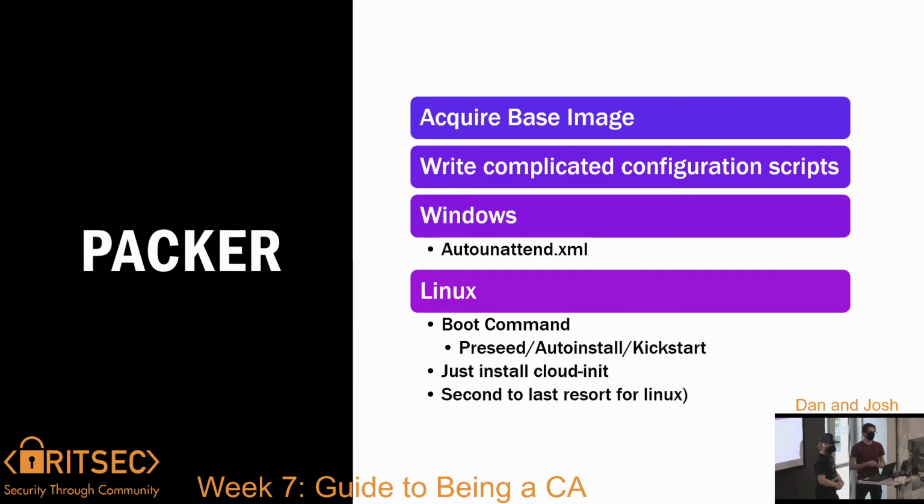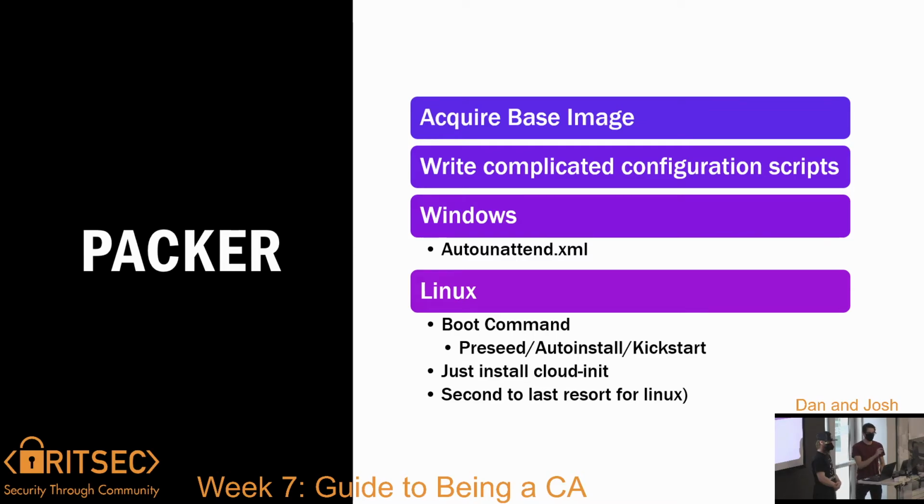So what's going on behind the scenes is, when you run Packer build, Packer is going to look at your configuration and pull down the base image, so that's going to be the ISO file you're installing from. You can pull down an Ubuntu ISO, for example, or a Windows ISO. Then it's going to attach media. For Windows, it's going to attach what is essentially a flash drive with that auto unattend file on it. The Windows installer knows to look for that file, and if it sees it, configures the Windows installation appropriately. For Linux, some distros support a kind of USB drive approach like Windows, but what we have historically done is use something called the boot command.